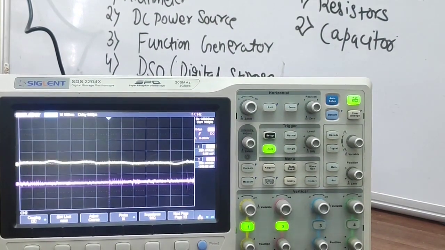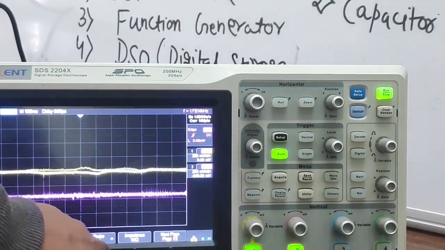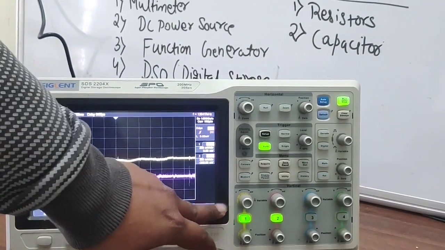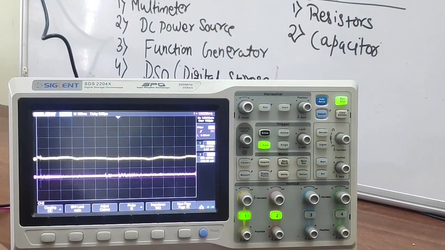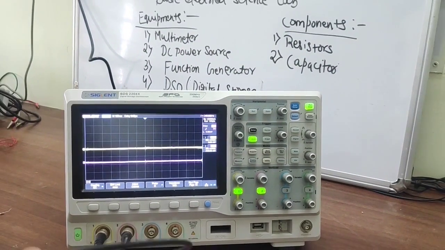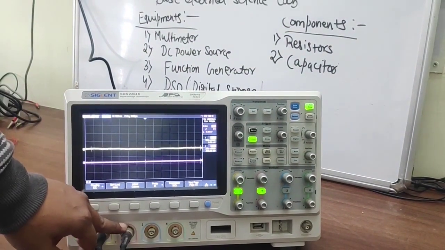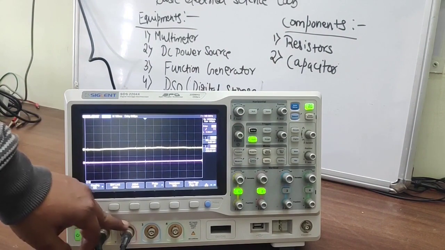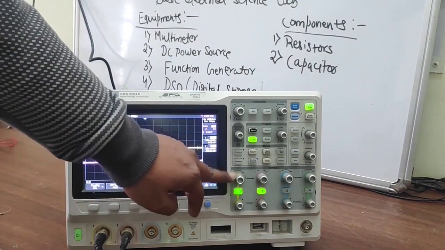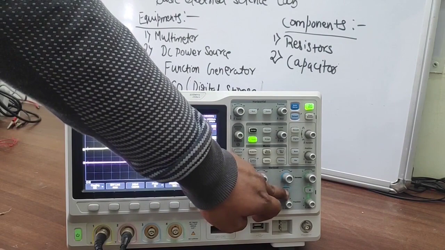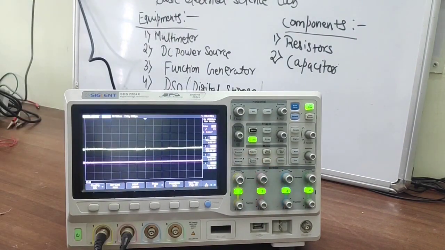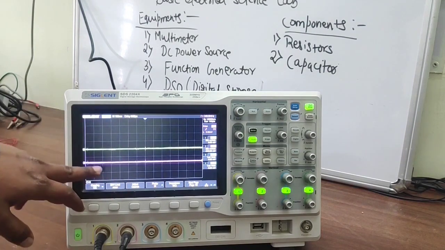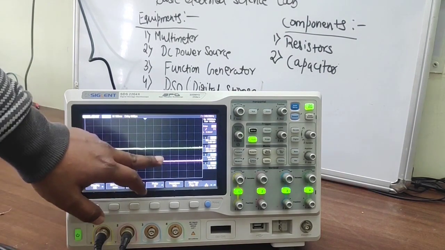So just look at it. Here in the DSO, only 2 lights are glowing, 1 and 2. The reason is that I have connected the output wires in only two of the channels, channel 1 and channel 2. Since I have connected only two of the outputs, that's why only channel 1 and channel 2 are glowing. If I want, I can manually switch on channel 3 and channel 4. So all the 4 waves would be shown in 4 different colors.